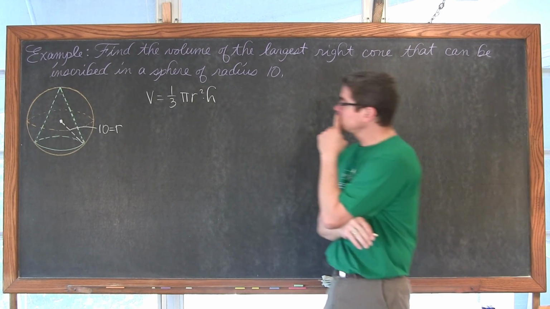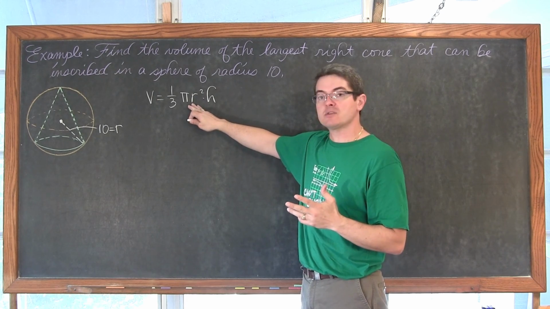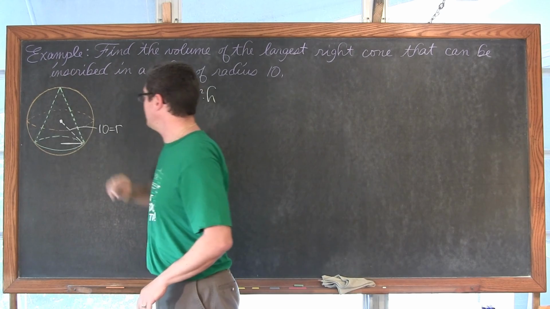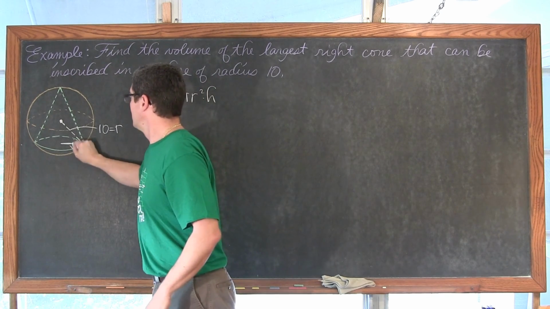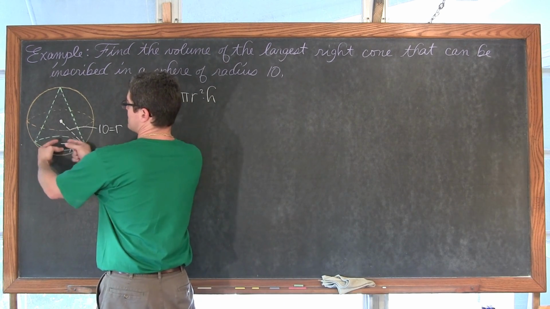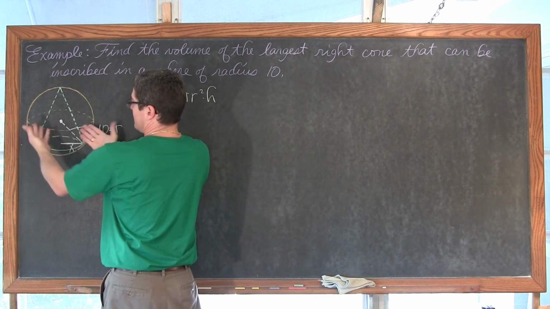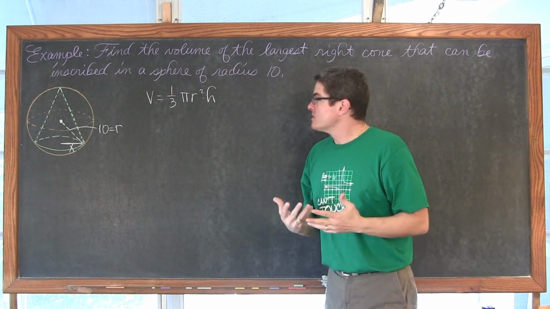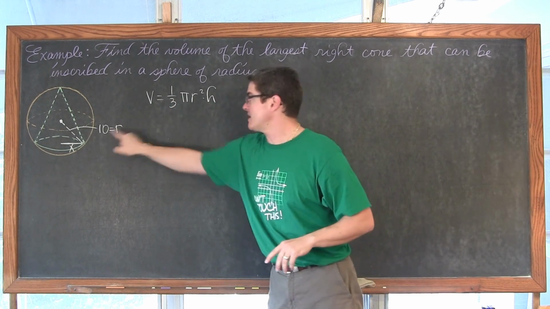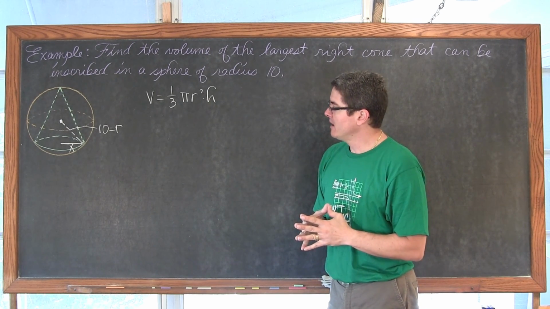The radius of the sphere is not necessarily going to be the radius of the cone. The radius of the cone is actually this length right here. Well, that's x, and that's going to change as this cone moves. I can take the base of this cone and move it through the sphere, and that's going to make the base of the cone variable. So while the radius of the sphere is 10, I'm not going to take that 10 and plug it in there for the r, because it's not the same.